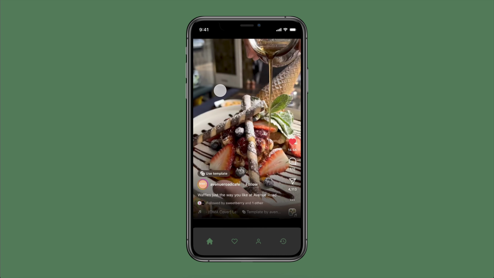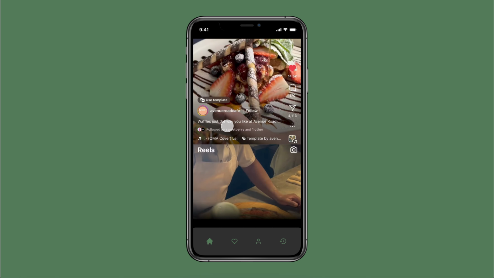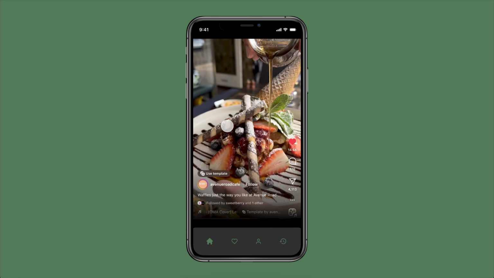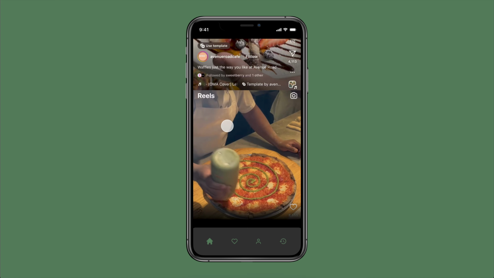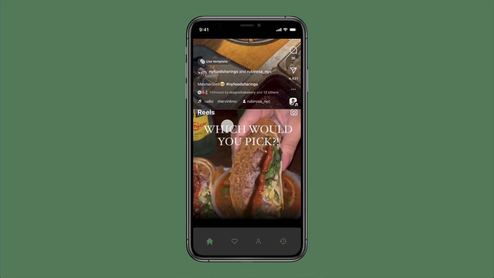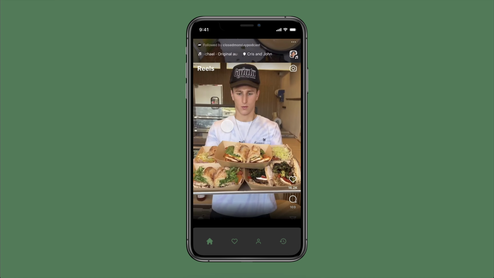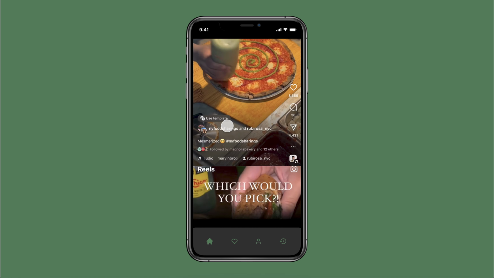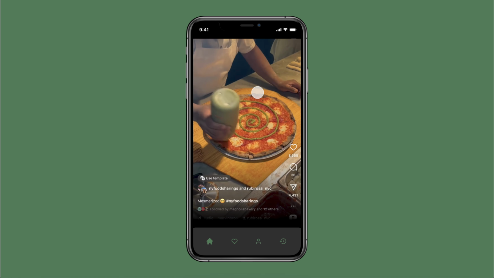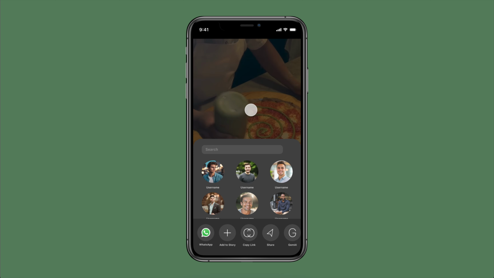And here's also a simulation for how a user would be able to directly save a certain food spot that they might like as they come across it on Instagram. So here's us simulating the doom scrolling process. And for example, say this specific meal that a person is making is part of a restaurant that caught your eye. You can actually hit save. Tapping on the share button will give you